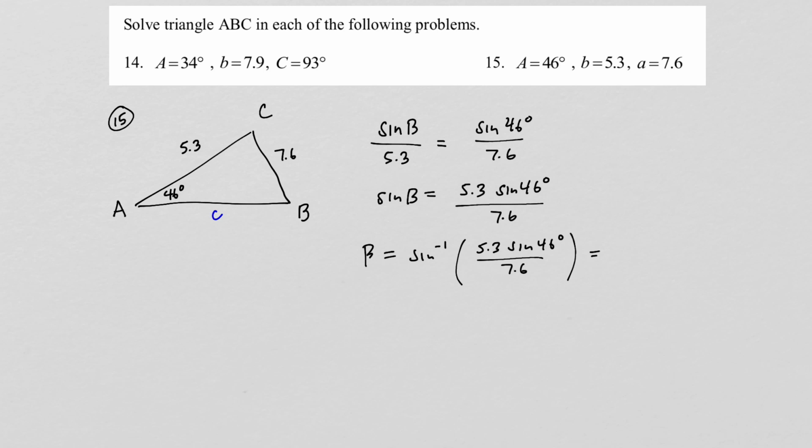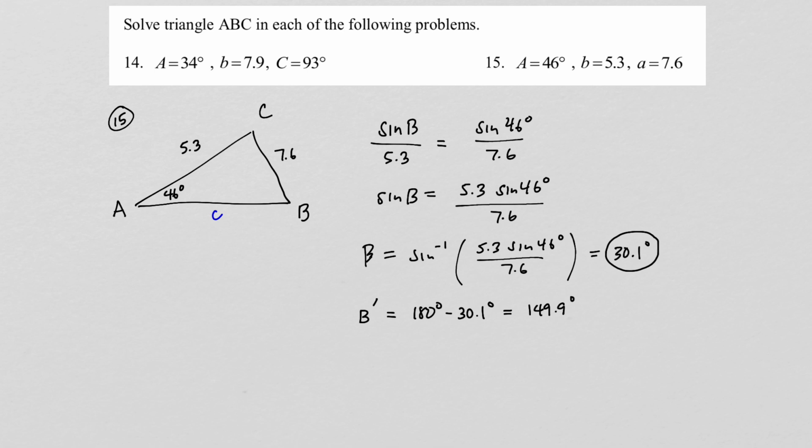And when we do that, we get approximately 30.1 degrees. Now what you need to remember is that this is the ambiguous case. And when you find a solution for B, you have a second possible solution for B, which I like to call B prime. And B prime will be the supplement of this angle. So that would be 180 minus 30.1 degrees. And if you do that subtraction there, you find out that that's